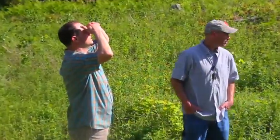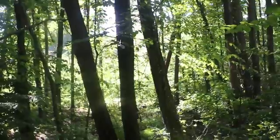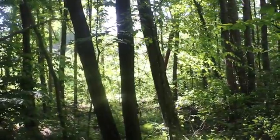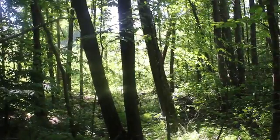One of the primary objectives of our forest stewardship plan for the property is that we're trying to diversify age classes among the forest. And what that does is also diversify the vegetation types. As forests grow and age, there's typically some reduction in the amount of plant material and vegetation diversity that can grow there, and by doing some of the type of cutting that we're proposing to do, we're incorporating opportunities for sunlight to reach the ground and stimulate the growth of a lot of plants that won't grow under the closed